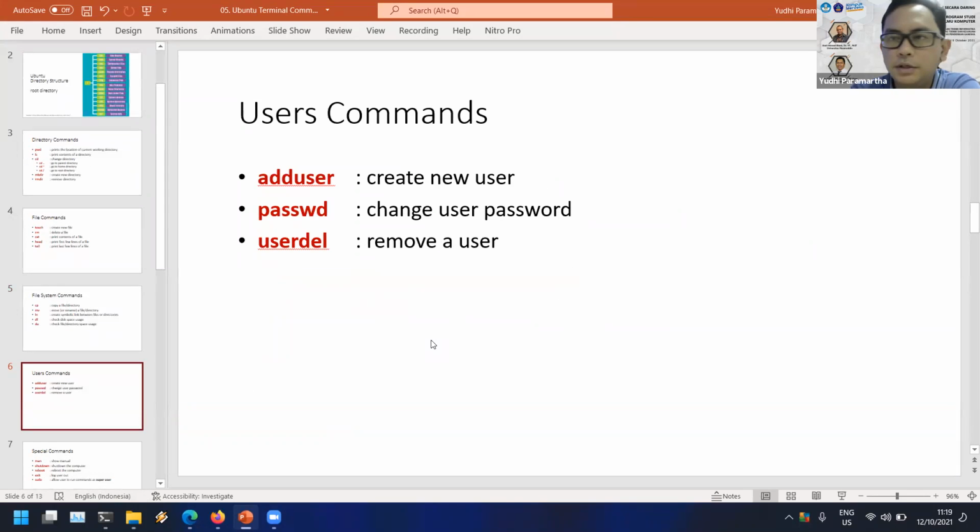Let me go to the next line. This is about the user command. The user command is for creating a user and changing their password and then removing a user. I don't want to create a user in WSL because I'm not sure what will happen in the WSL environment.